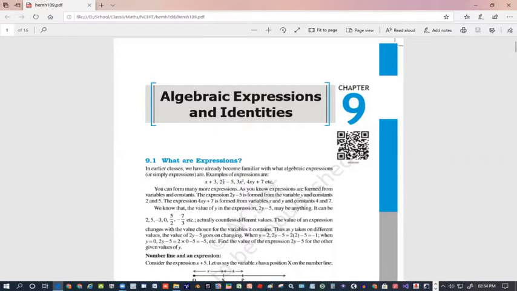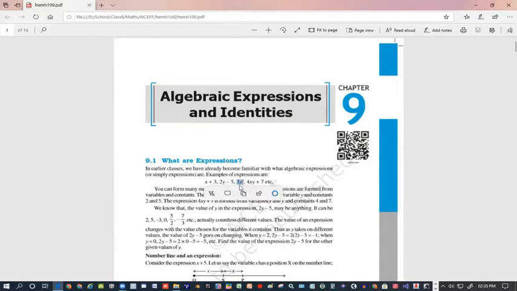The second expression says 2y. So the literal is y, okay, and 2 is called the coefficient. In this case it is a constant, but in this case it is also called a coefficient. And 5 is a constant. Okay, so any mathematical expression is represented like this. There can be more terms involved: y, y square, y cube. In between there will be a plus sign, or minus sign, or any mathematical sign like plus, minus, multiplication, or division. So here it is saying 3x square.